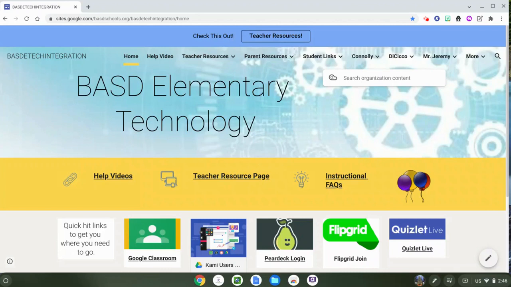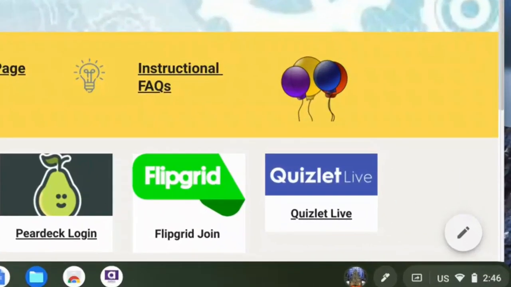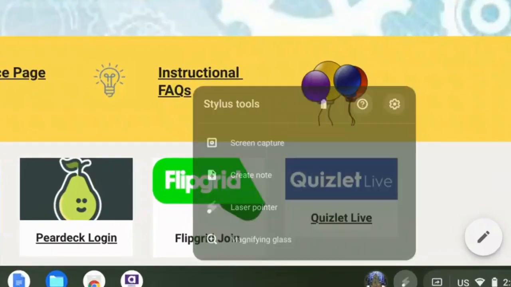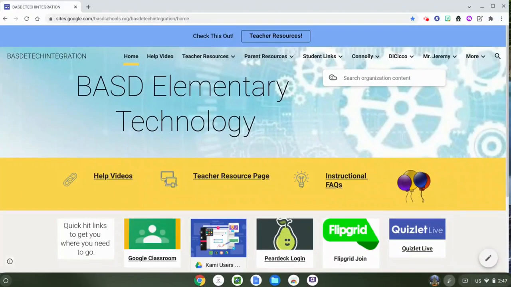Hi, I wanted to share some functionality tips when using the Dell Smart Pen. If you notice at the bottom corner, there's a little pen symbol. When I click there, there's some tools I can use here. For example, the laser pointer. If I click laser pointer and I use the pen on my screen, as you see here, it's following the